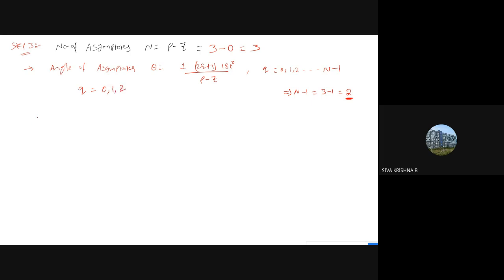Is it clear to all of you? n minus 1 means you have to write up to that value. Don't confuse with that. So q values are 0, 1 and 2. Now substitute these three. When q equals 0, the angle theta is,